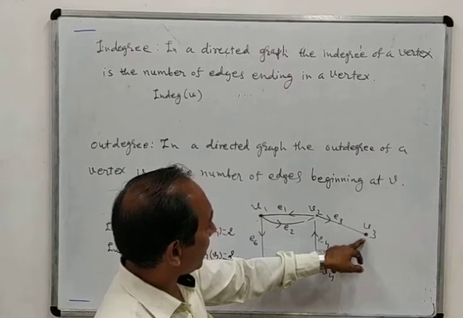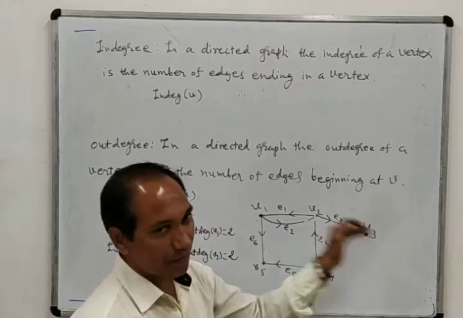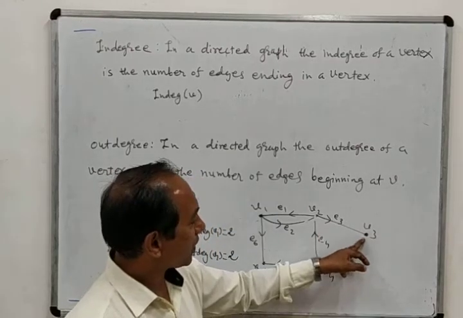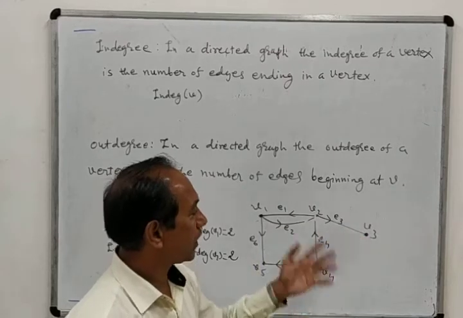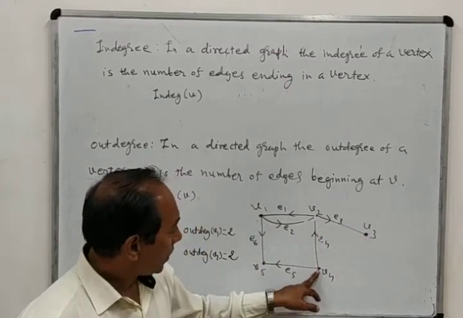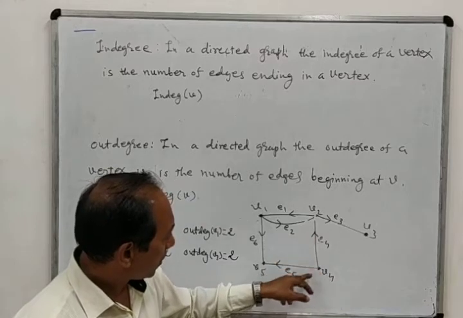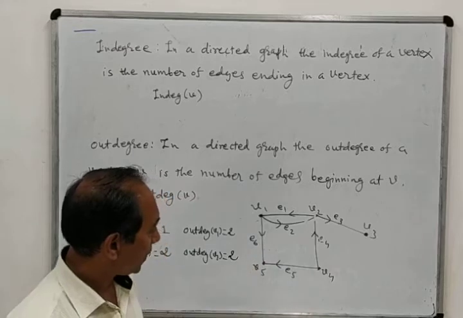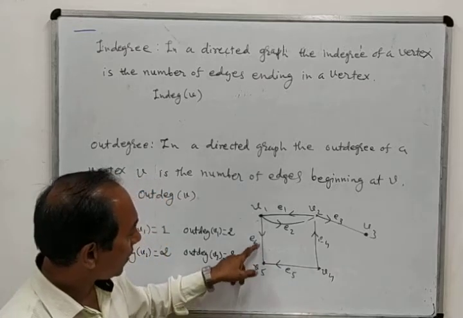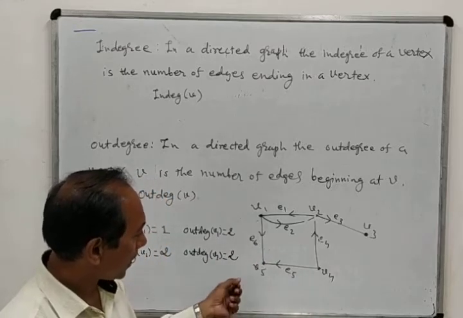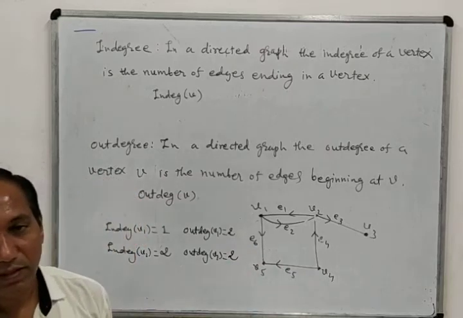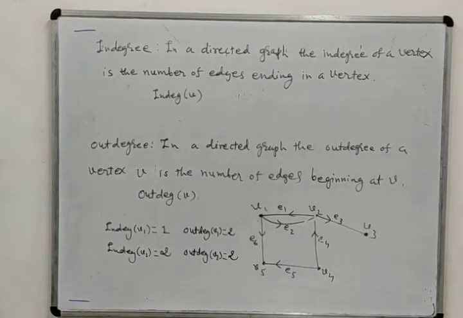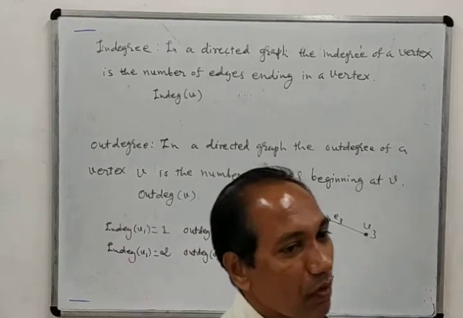Suppose in degree of V3. In degree of V3 is 1 because it is coming inside, and out degree of V3 is 0 because there is no edge going outside. In degree of V4 is 0 because there is no edge coming inside. Out degree of V4 is 2. You can see, in degree of V5 is 2 because two edges are coming inside, and out degree of V5 is 0. So in this way we can find out in degree and out degree, and these two are only for